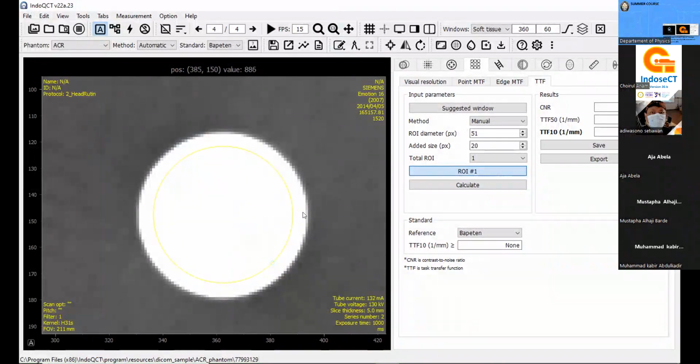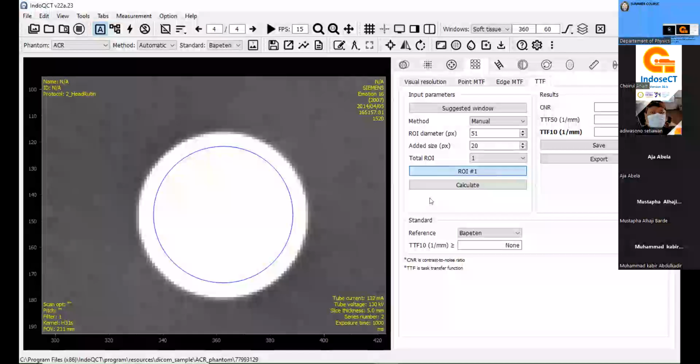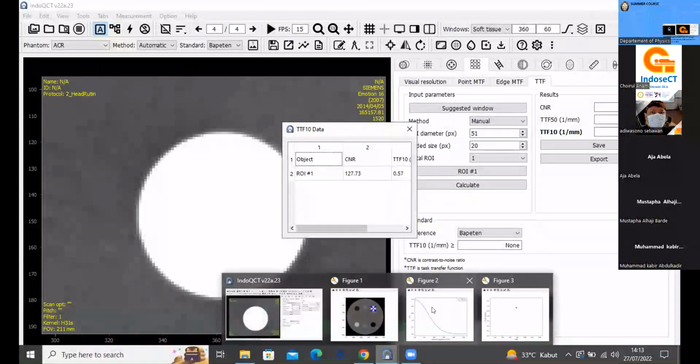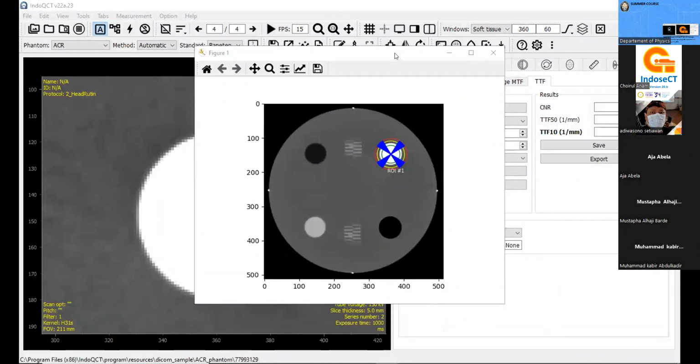And after that, we measure the TTF. Actually, we use the edge function. Okay, and then I calculate, and this is the result.